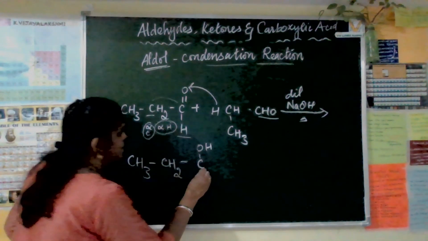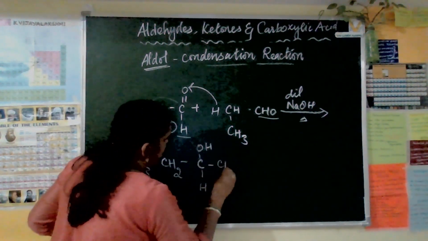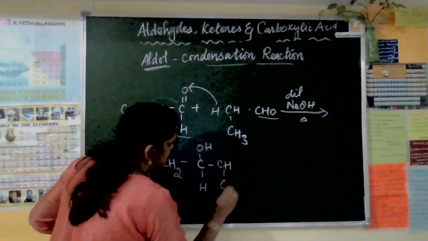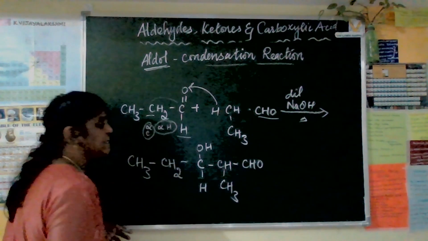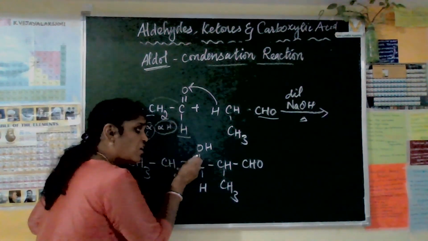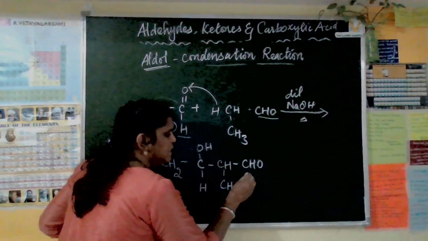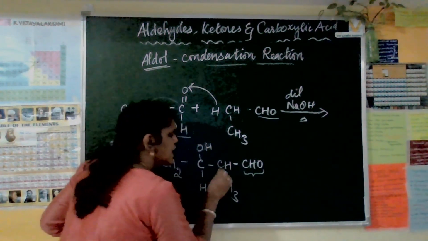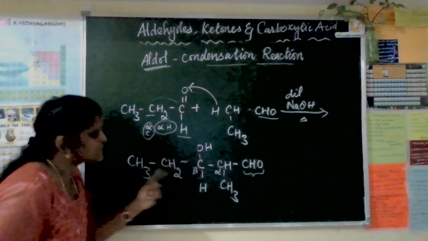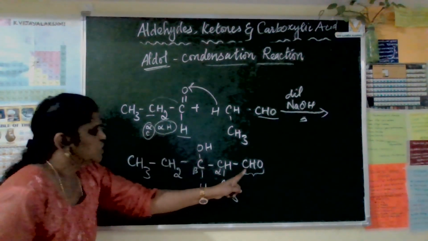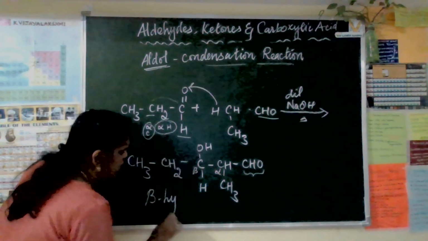Here CH and CH, here CH3, here CHO. So this alcohol group is there, and the aldehyde group is also there. The functional group starts, so alpha and beta. So this is beta-hydroxy